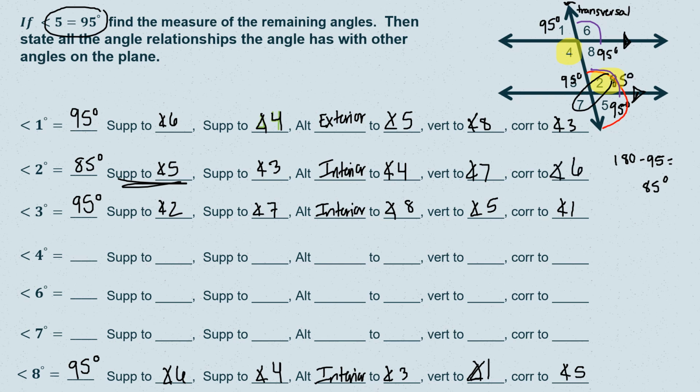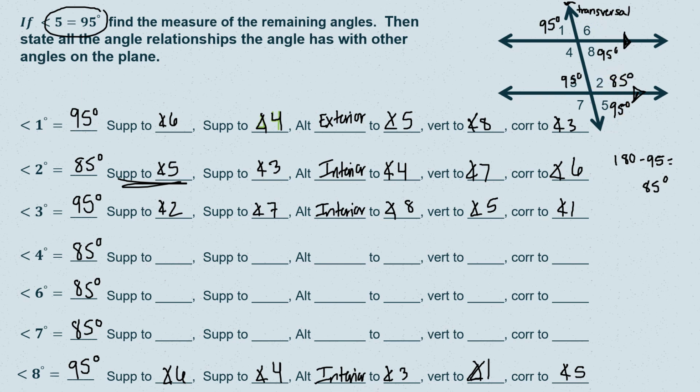If it's vertical to angle 7, we know that vertical angles are congruent. So if angle 2 is 85, angle 7 will be 85. It is corresponding to angle 6. We know corresponding angles are congruent, so angle 6 will also be 85. And it is alternate interior to angle 4, so angle 4 will also be 85 degrees. So like that, you can find all your missing angles, and then from there, all we're doing is discussing our